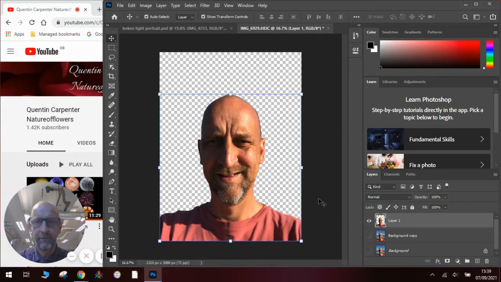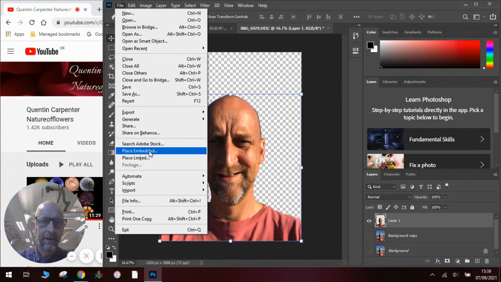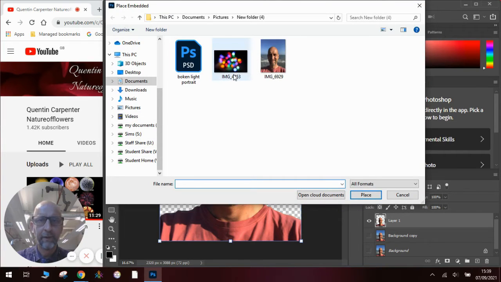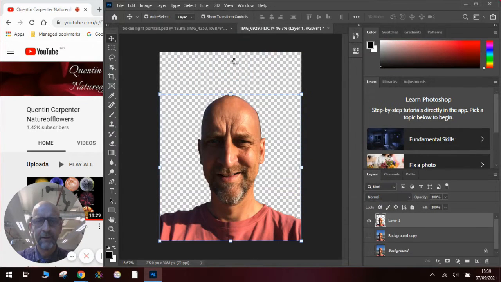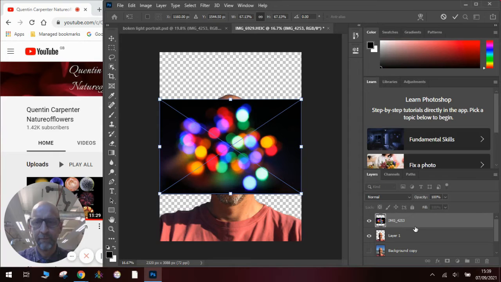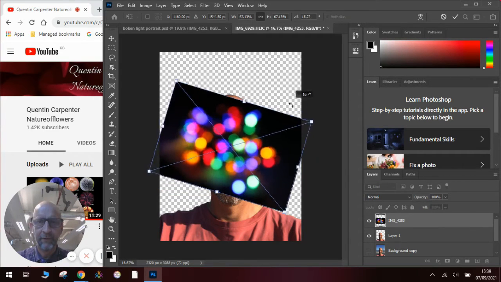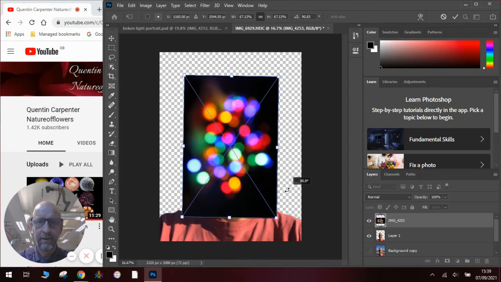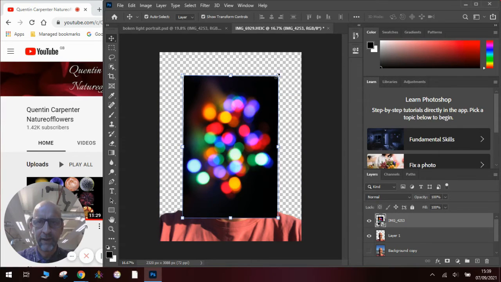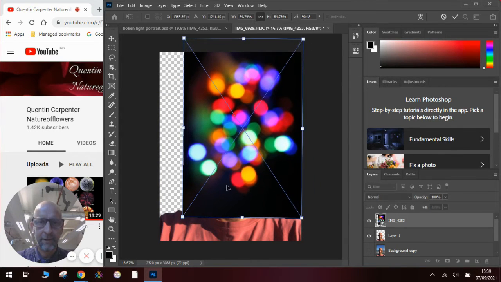Now, one of the other features that I want to show you is we want to add the new background in, and we're going to do that by going File, and we're going to go to Place Embedded. We're going to find our picture, and it's going to embed it into the image as a separate layer. You can see it here. We want to rotate it round, so it's the other way round, so it's like that. So we turn it using the mouse. Once we've done that, press Enter,